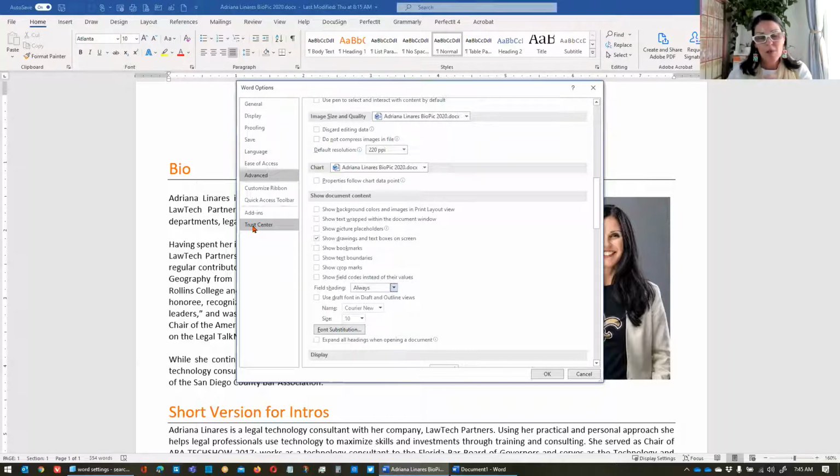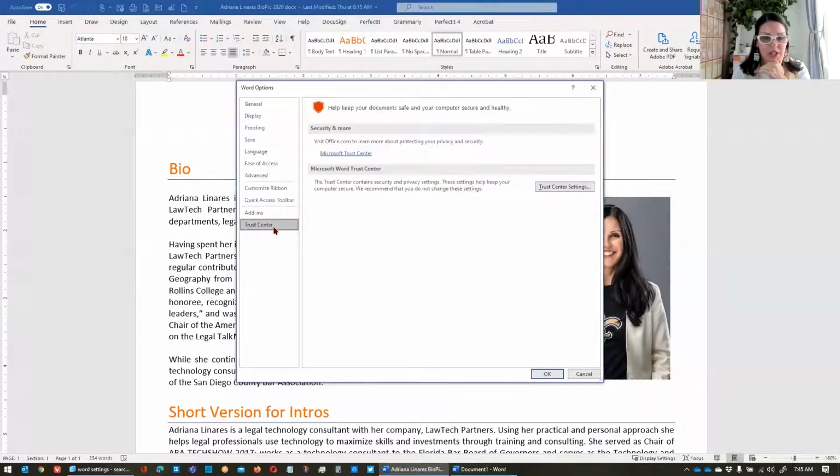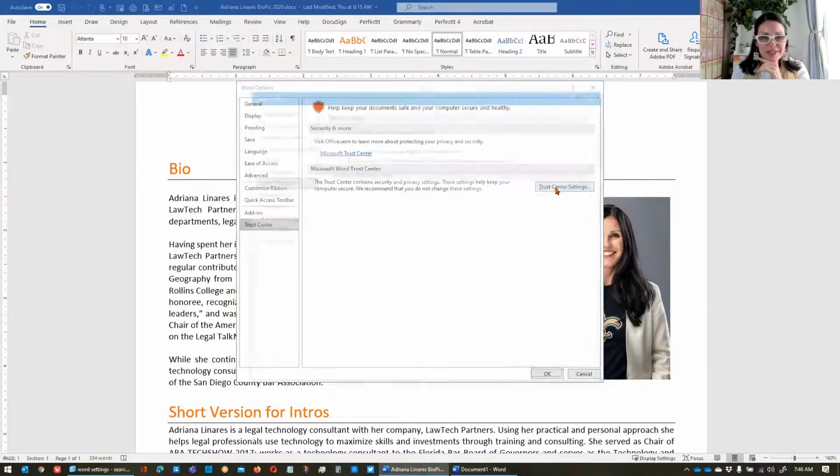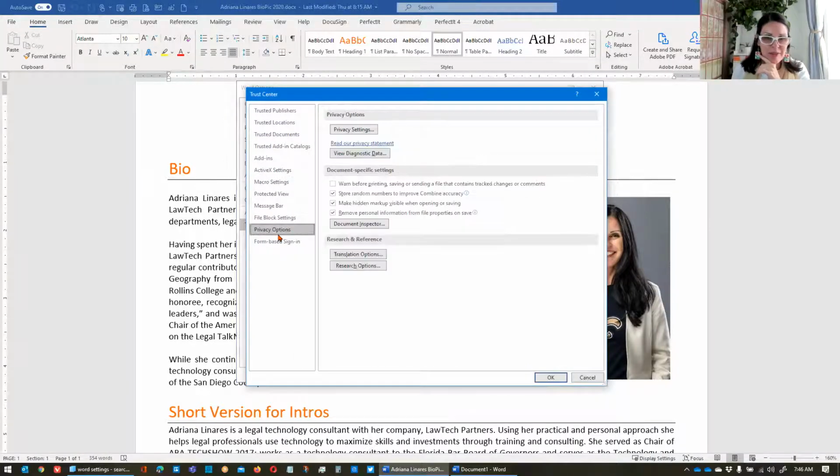The way you get that warning is, again, File, Options, Settings, which is where we are now. Go to Trust Center, a very not obvious place to go for a setting like this. Then you go to Trust Center Settings. Then you go to Privacy Options, also not super obvious. I mean, we are definitely digging into the deep, dark depths of Word here, right? And you'll see that there's an option right here. It's just not checked by default.